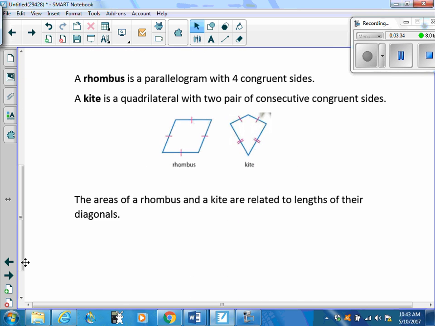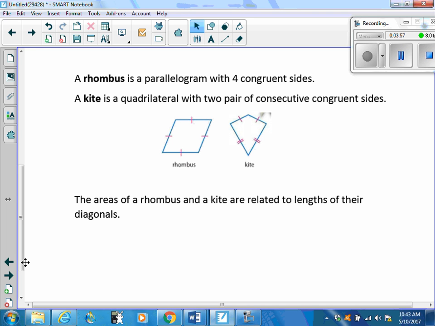A rhombus is a parallelogram with 4 congruent sides, and we've got a picture of that below. And a kite is a quadrilateral with 2 pair of consecutive congruent sides. So consecutive just means one right next to the other. And we have a picture of what a kite would look like. For both of these,